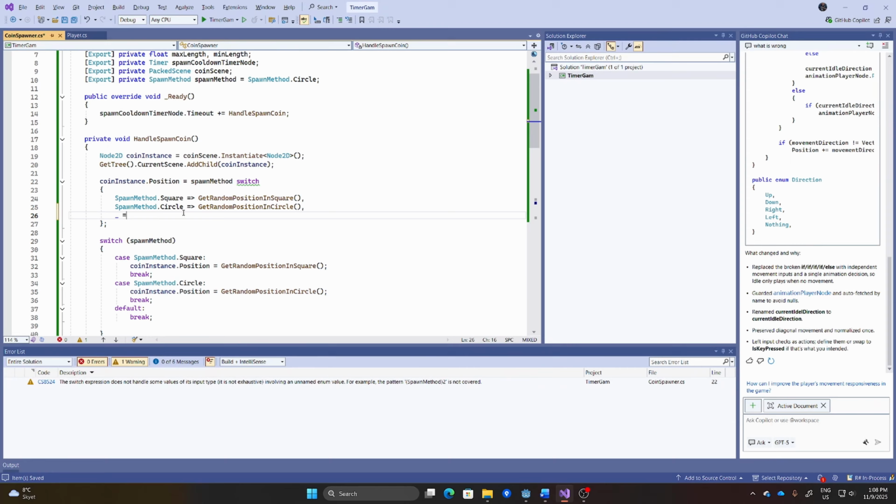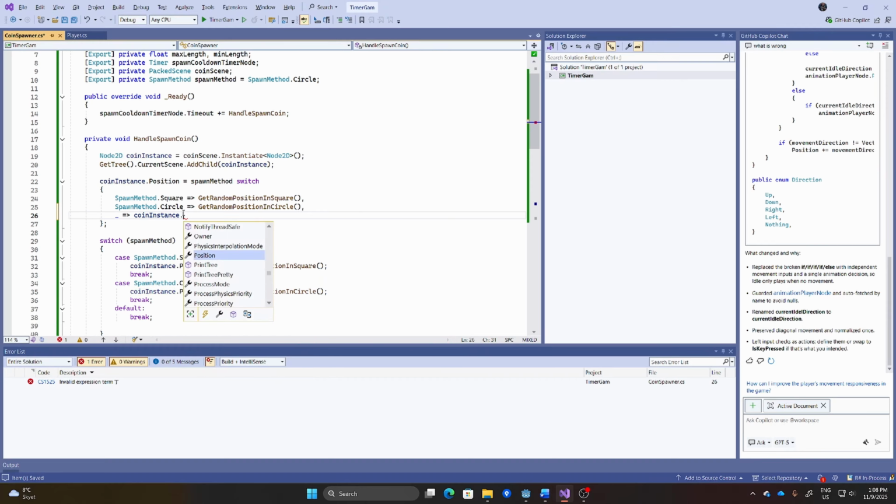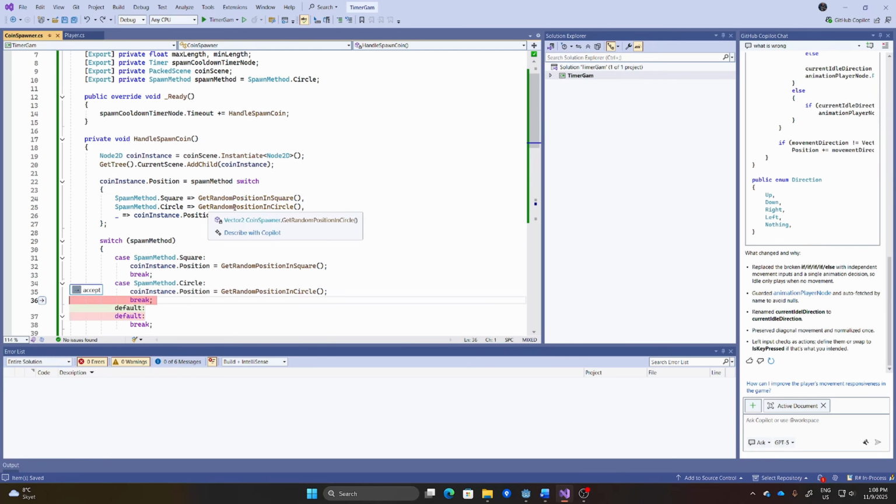And then you can say is equal greater than coin instance dot position, for example. So what this does is that it says coin instance dot position is equal to spawn method switch. So the spawn method, it's the one that we put in like here and here and here, and the coin instance position, we will get these things out here.